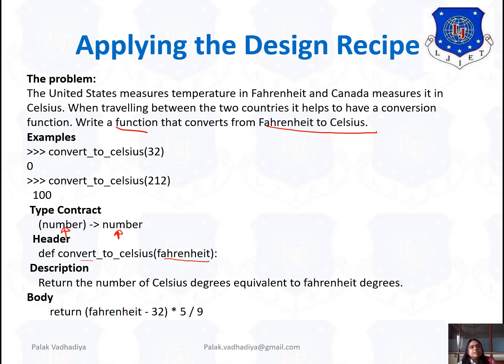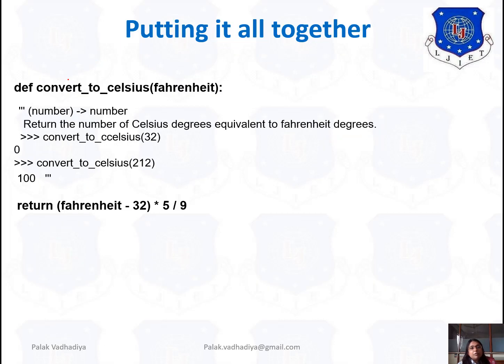What will display is number and number. So the user can understand, okay, I have to enter a number and the answer is also a number. And what your function will do is already written: return the number of Celsius degrees equivalent to Fahrenheit degrees. Some examples are also given, so by looking at these examples you can easily know. It's just like your MATLAB help. If you remember, in MATLAB also, if you type the function, it will give you some examples. By understanding that example, you can modify your function as well as use that function in your code. And finally, this is our return statement.